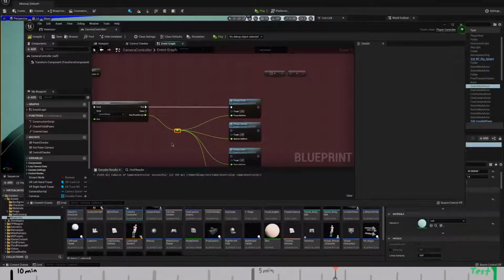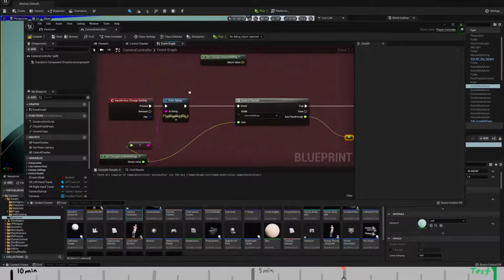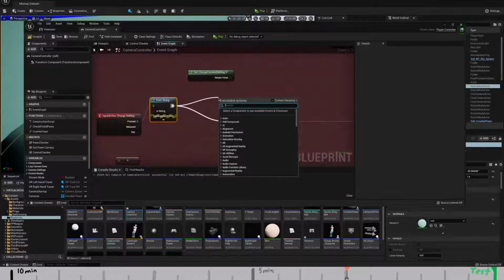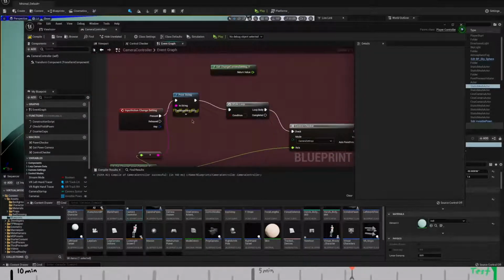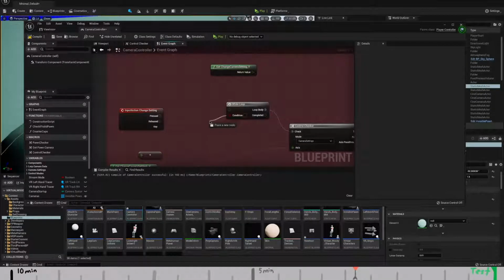Let's see, how far away are we from... We're about 3 minutes away from a test. What can we get done before then? So I think we will try just doing a while loop. While loop. Condition. I'm going to just set this to...